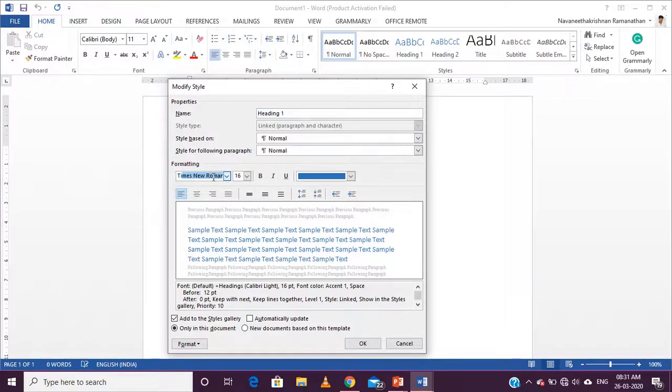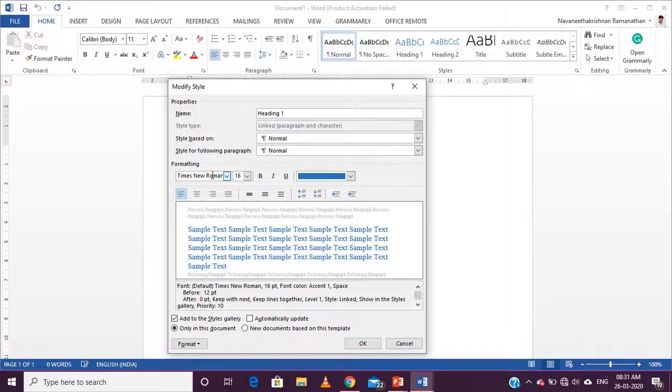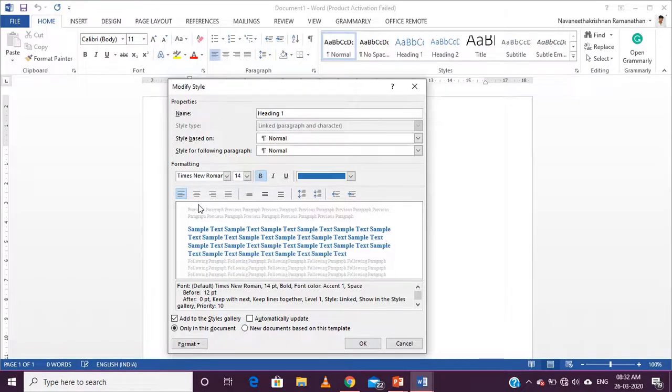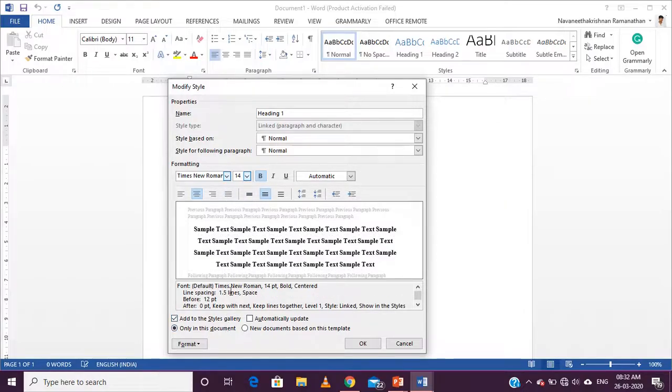The font should be Times New Roman, size 14, bold. The heading 1 should be center aligned, the color should be black, and the spacing should be 1.5 line spacing. So like this we can predefine and automate things.